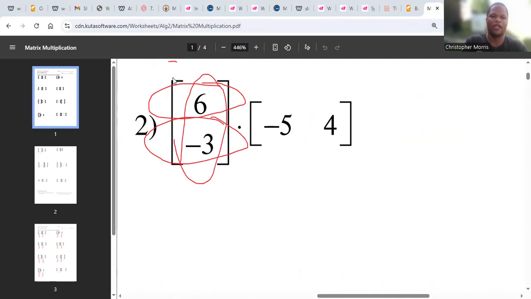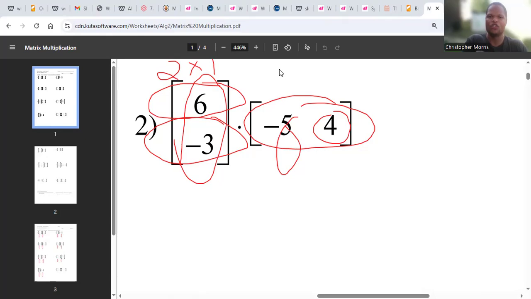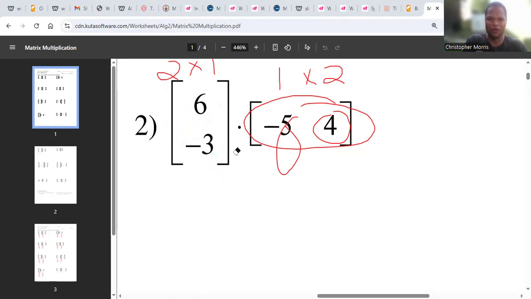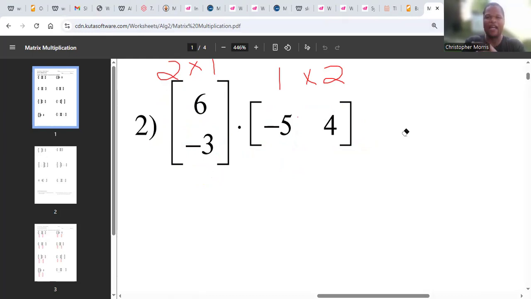So this is considered a 2 by 1 matrix, which is important for using your calculator on TI-84s. Versus this one only has one row, but it has two columns, so we would call this one a 1 by 2 matrix. Are you with me here? I want to show you how I think through the dimensions of these matrices before I multiply them using a calculator. If one's a 2 by 1 and another one is a 1 by 2, that's going to be super important because